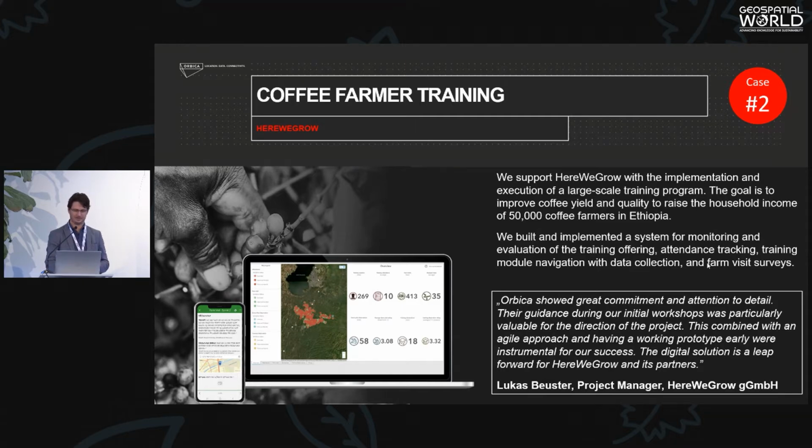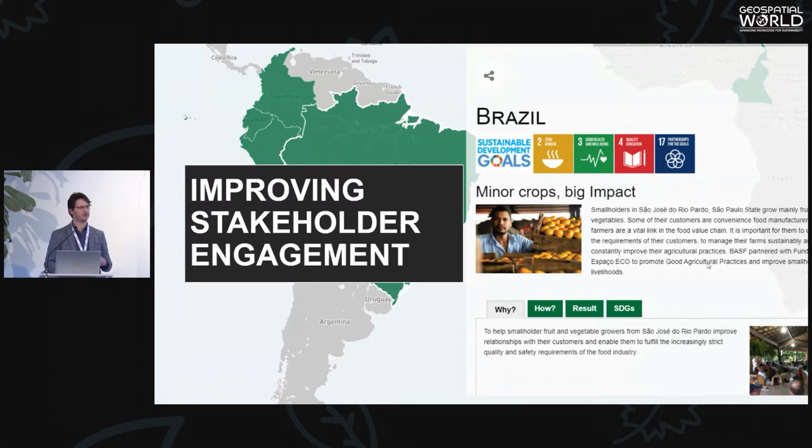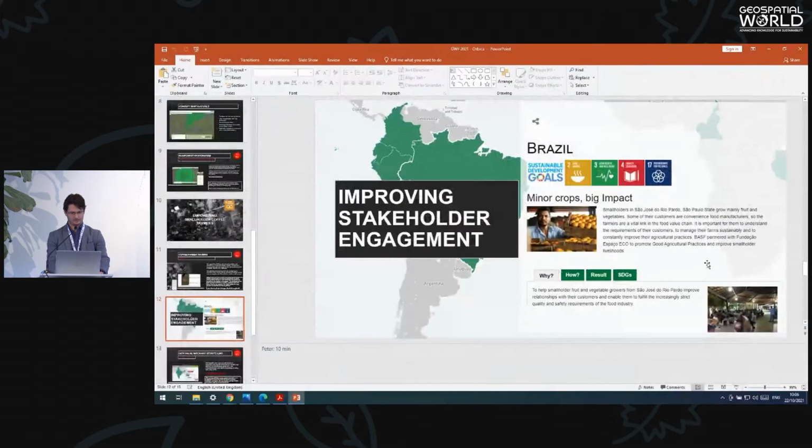The third one I want to go through is a pure storytelling platform. It's a visualization platform for a large German agriculture technology company. Their communications department wanted to better communicate and provide more transparency around how they are reaching the UN Sustainable Development Goals. And if I jump into the second demonstration.